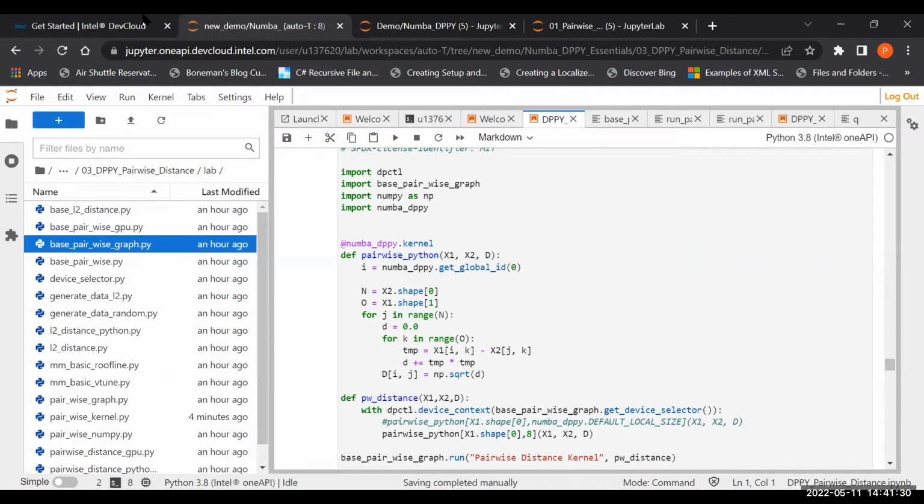Yeah, so the compute follows data approach is eventually going to be the main approach that will be followed, because this is Python based on the Python array API specification. So compute follows data is, I think, preferable, but there is no call out on the performance per se on that. So the suggestion is to follow the USM approach, but